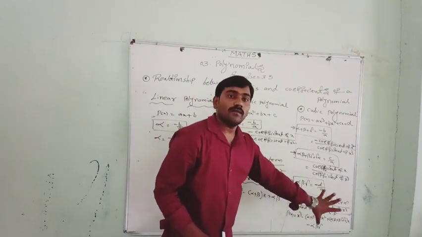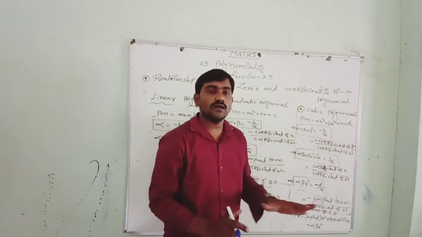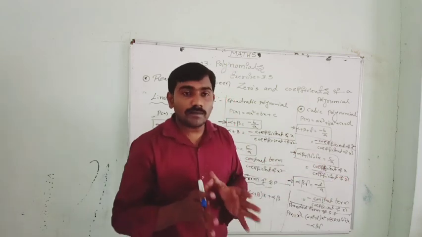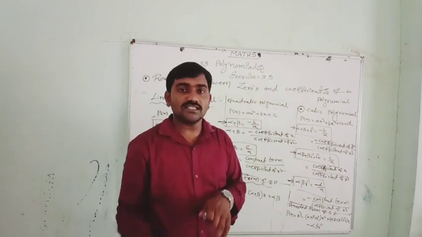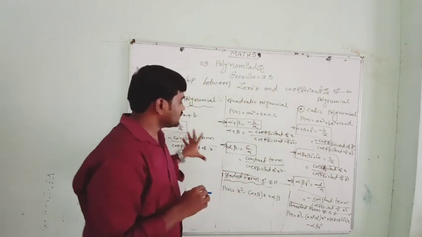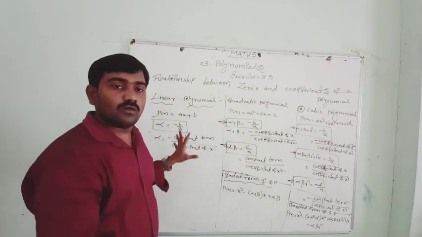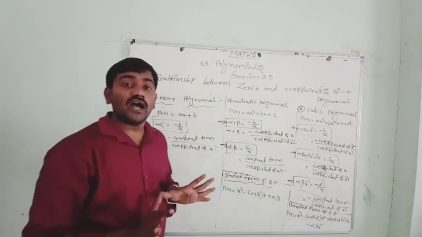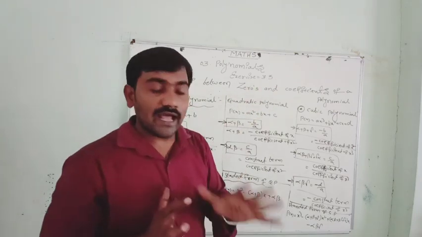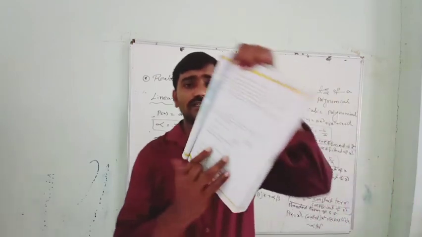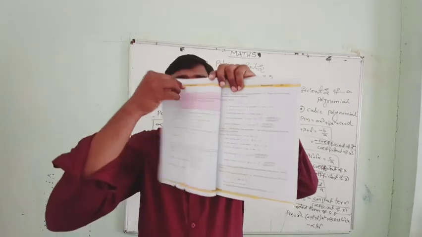On the cubic polynomial, how to check the relations between the zeros and coefficient? Practically we will take some problems and do it in exercise 3.3. In this session, we will complete this. You have to go through this very thoroughly. Watch once or twice this video and also go through your textbook once, before exercise number 3.3. As I showed you, there is a relation between the zeros and coefficient. If you go through the textbook, you will get an idea.